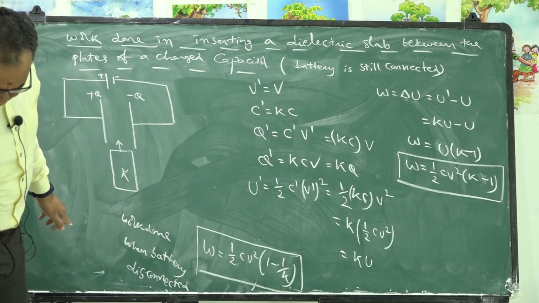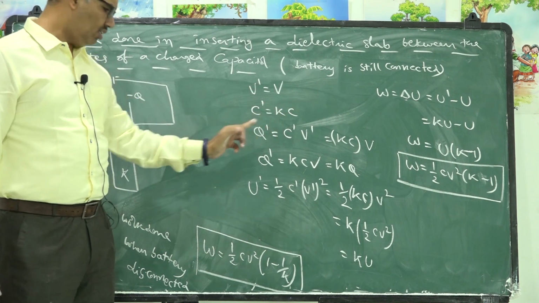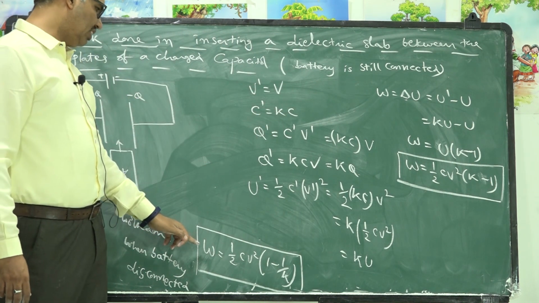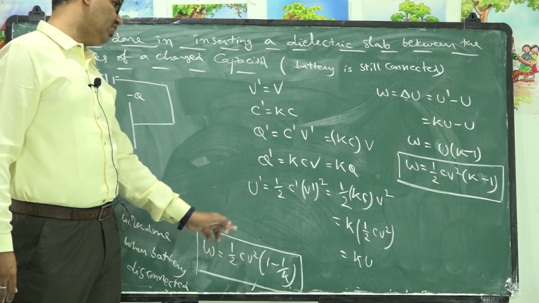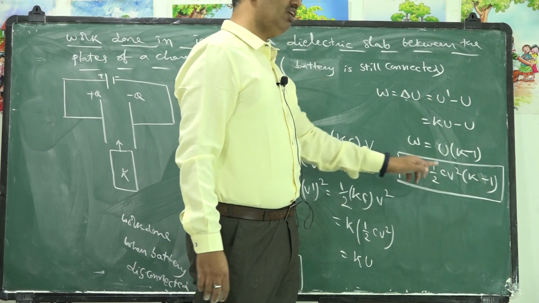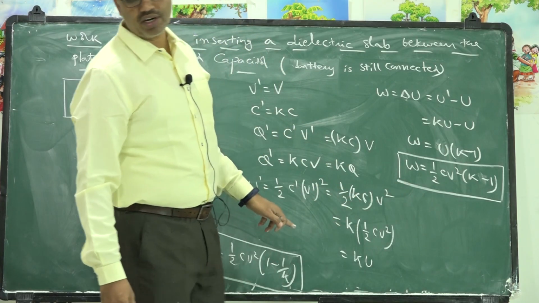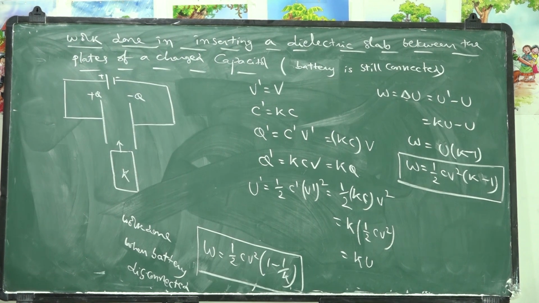In this way, every formula is already learned by us. These two ideas we discussed earlier, and this is just an extension where we calculated work done. Till now we calculated energy in the earlier class. Work done means change in energy: final energy minus initial energy. That difference will give the work done. So follow through each and every concept we discussed in the video lesson and try to apply those formulas in the given situation. This is one example which describes the idea. Thank you.